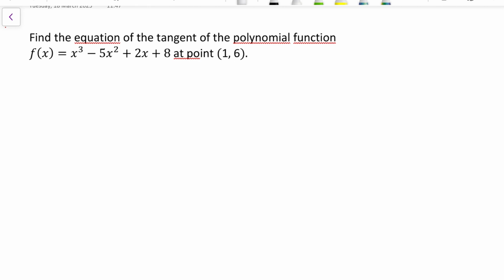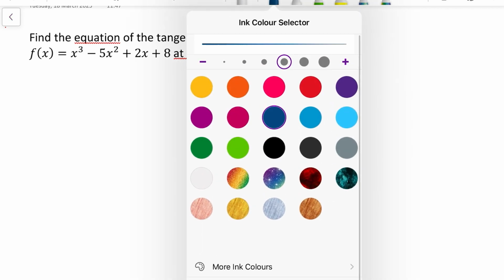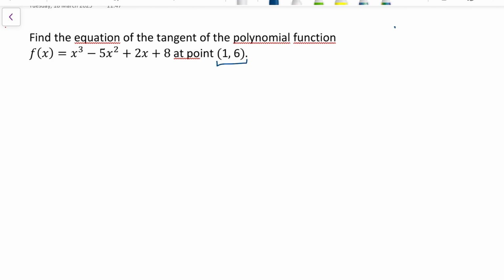So here we have the question: find the equation of the tangent of the polynomial function x to the power of 3 minus 5x squared plus 2x plus 8. And the specific point is given, 1, 6. For x is 1, y is 6. So this is quite important information over here. And we know that